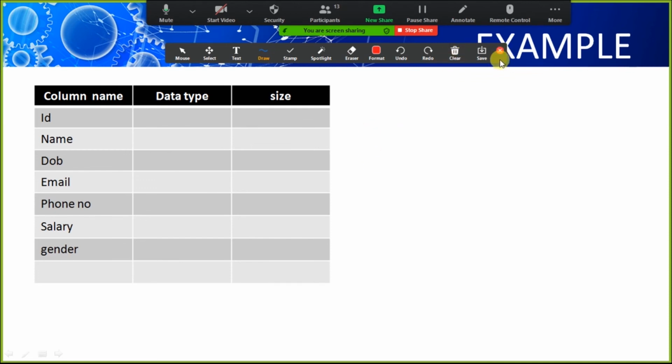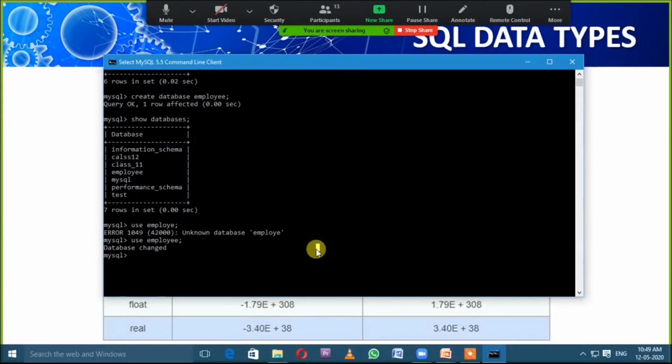So I hope you understand how to apply the various data types on the columns. We have already changed our database and selected employee. Now for creation of the table, we need to write the create table query. Look at the screen very carefully.